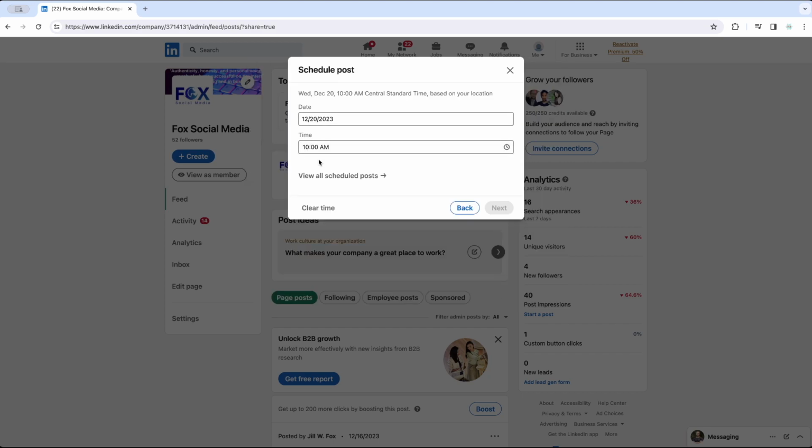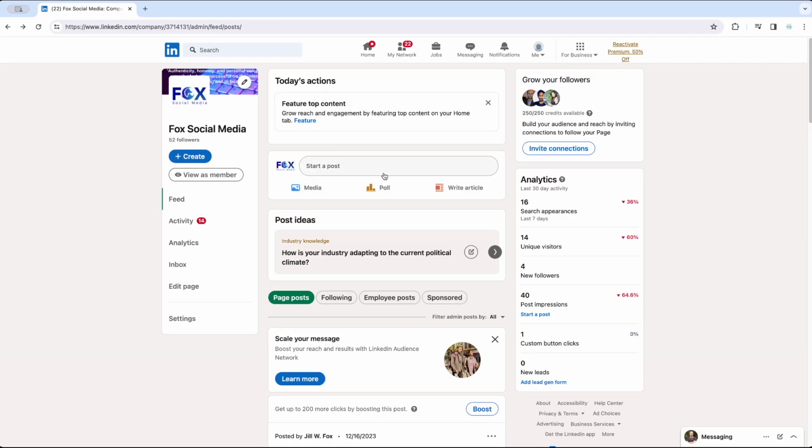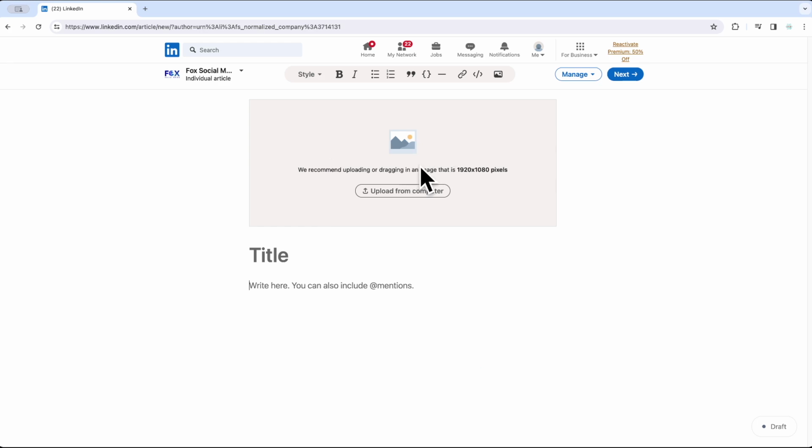Now, if I want to come over here and say I've scheduled a couple others and I want to make sure I'm not posting at the same time, I could click view scheduled posts and it would show all my scheduled posts in here. Now, another tool that they have for creating content here is if you click write an article, you can either upload from your computer or it'll give you an option to kind of format it and make it look better. So you could do title, just put my title here, and then I could start writing